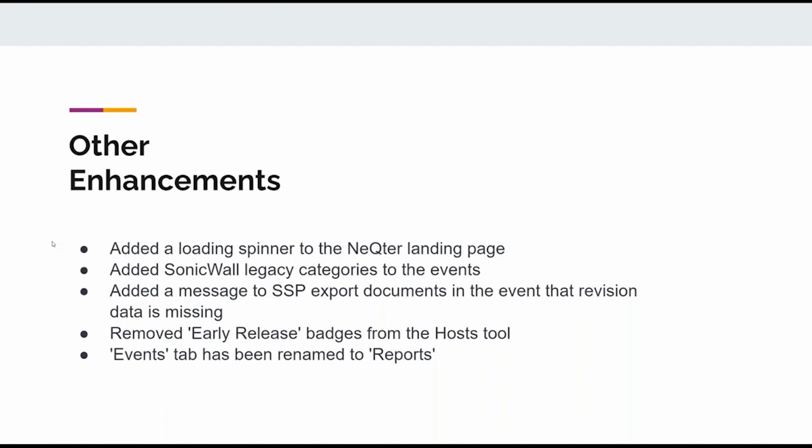We added a message to the SSP export documents if there are no revisions, there's no revision data. And then we removed the early release badges from the host tool. It's no longer in early release. It's been in there for a couple of years at this point. And then, as I had mentioned, the events tab has been renamed to reports, just so you know where to find that new reports area. So that's everything new, everything fixed. In terms of moving ahead, forging ahead,